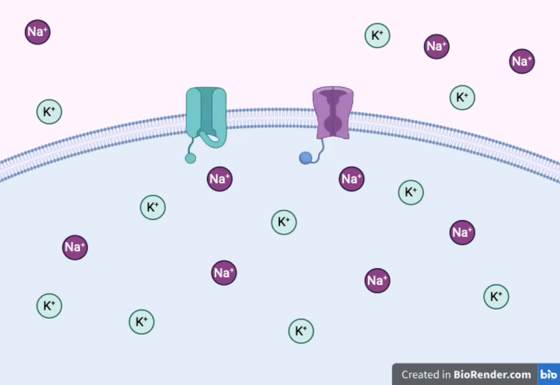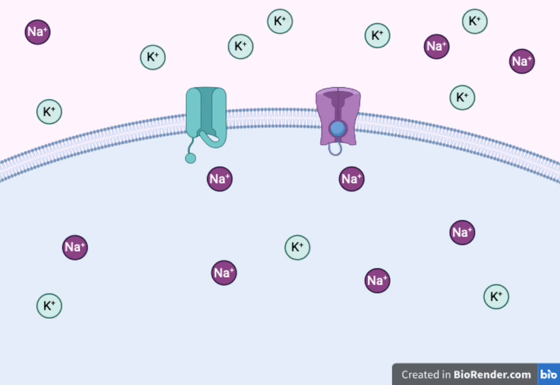The sodium channels close and the voltage-gated potassium channels open. Now, potassium exits the neuron, restoring the negative charge inside. This is called repolarization. However, the potassium channels close slowly, causing a brief state of hyperpolarization, where the charge dips